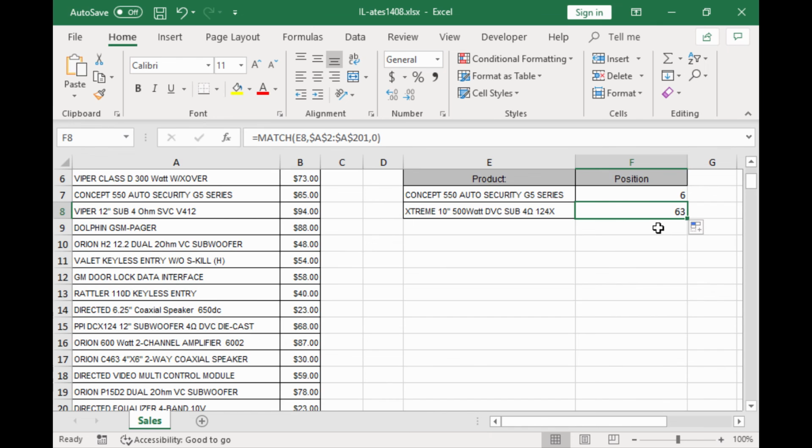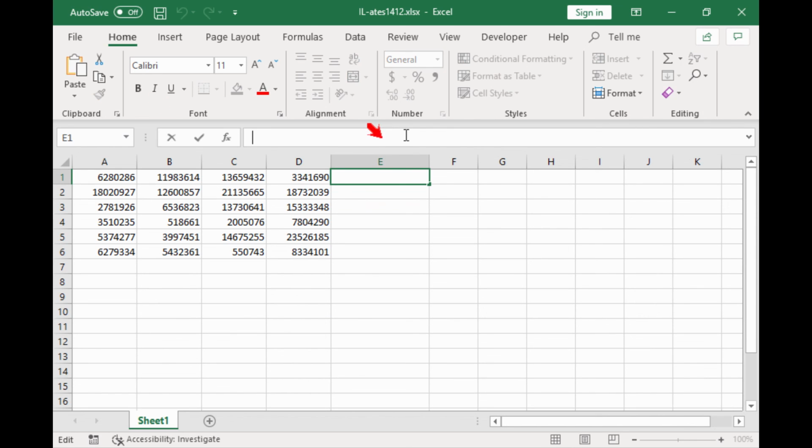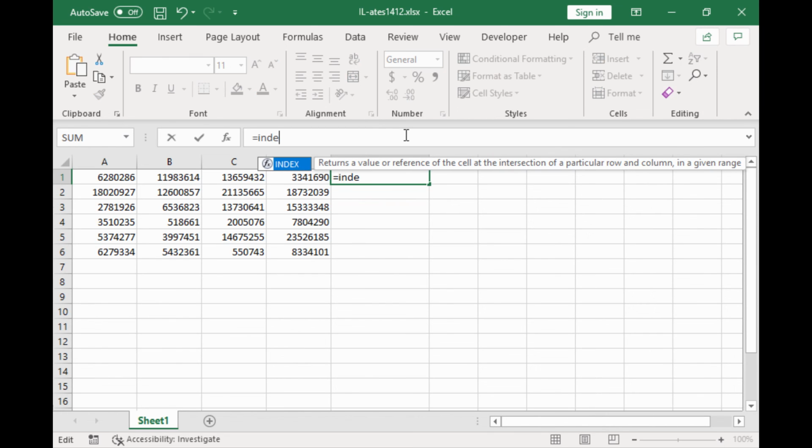The last function we are going to talk about in this video is the INDEX function. By itself it may not seem so impressive, but paired with other functions it gives Excel some unique functionality. Basically, what it does is return a specific cell from a table, provided that we supply the column number and the row number of the table where that cell can be found.